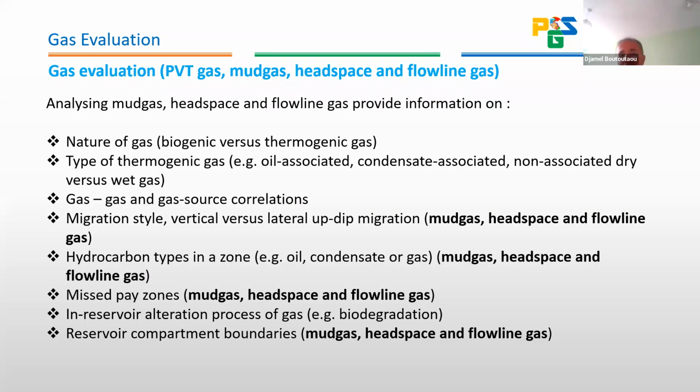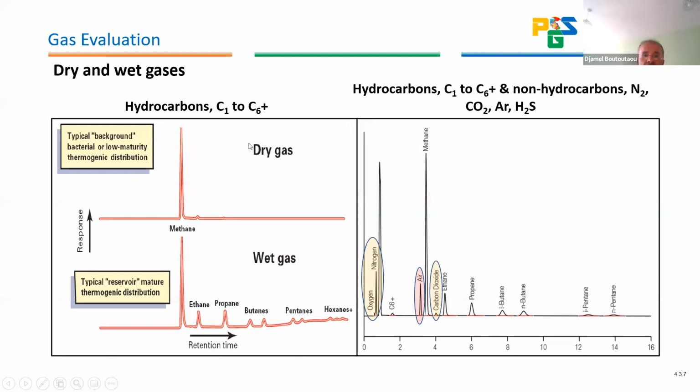For the gas evaluation, gas is different from the oil or condensate. For oil and condensate, especially oil, we can do many analyses. We can look at the gas chromatography, the biomarkers, isotopes, etc. But for gas it is quite limited. We know we can have dry gas, which is mostly methane, or wet gas, which can go up to C5. Sometimes you get C6 plus, but mostly C1 to C5. So the composition,